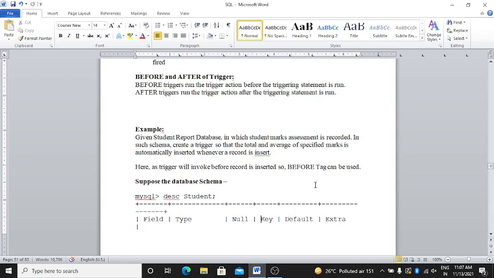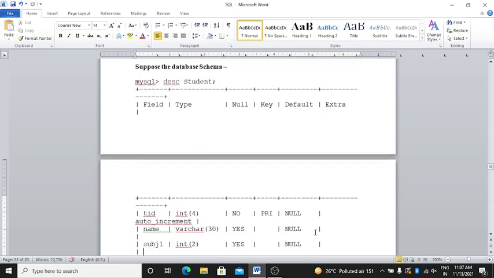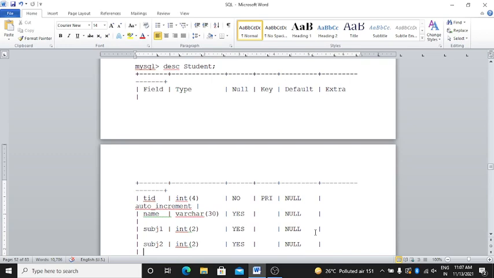Suppose the database schema is in MySQL, the SQL students table. Here are the field, type, null, key, default, extra. Observe this: subject 1, subject 2, int, varchar, int, no. Observe it carefully, then we will move further.